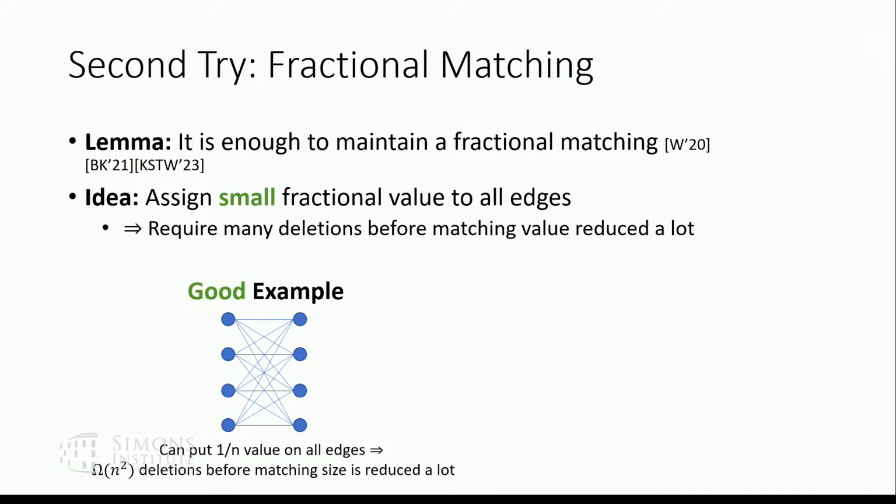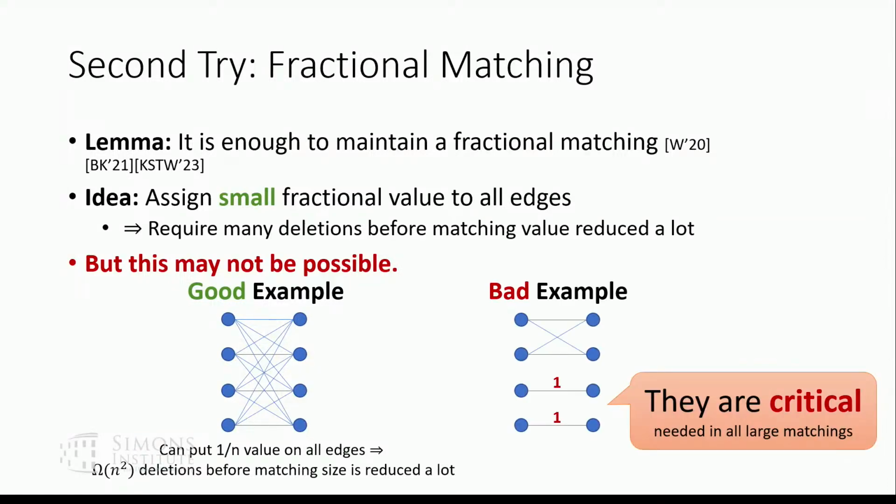After they delete epsilon n squared edges, okay, you go again, you compute a different one, but now you only have to do this like 1 over epsilon times squared. So fractional matching, way better than integral matching. Of course, the problem is, yes, in this example, you got to put a small value on every edge. That might not always be possible.